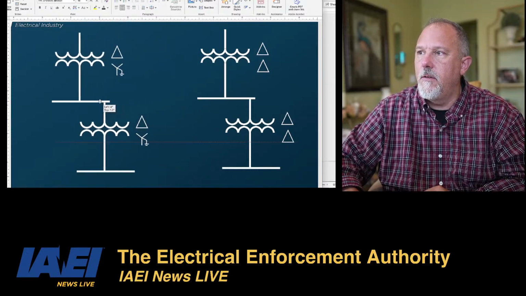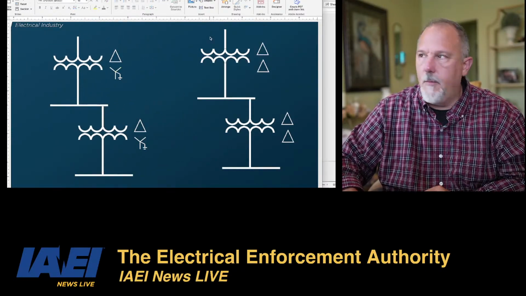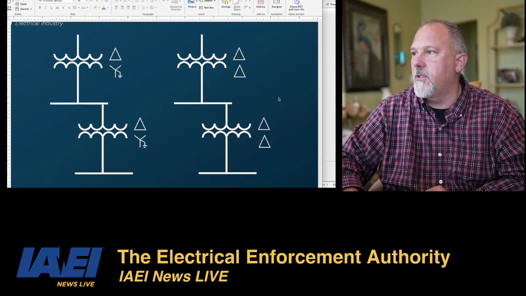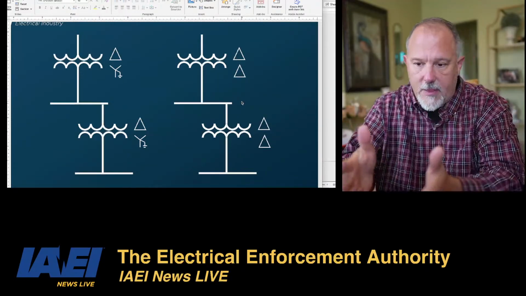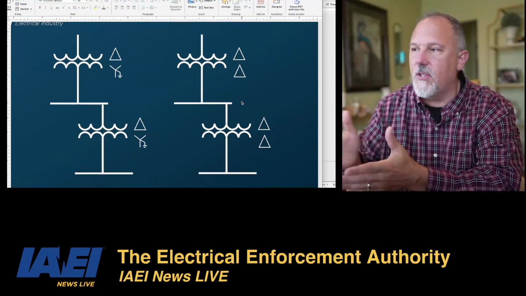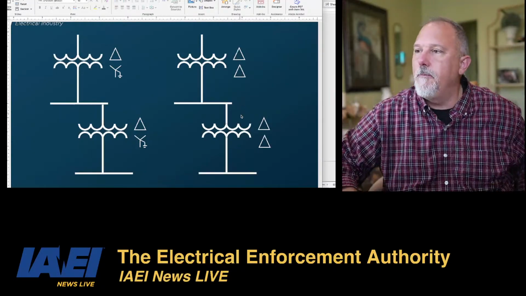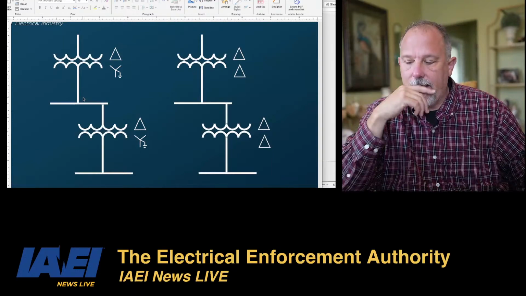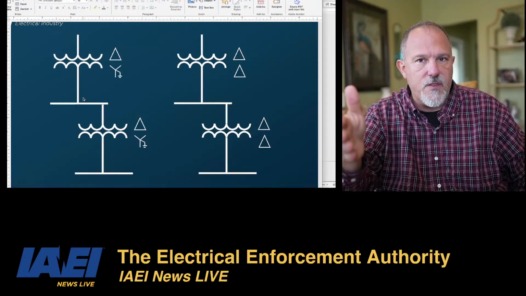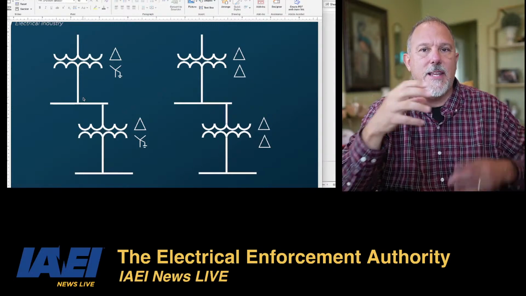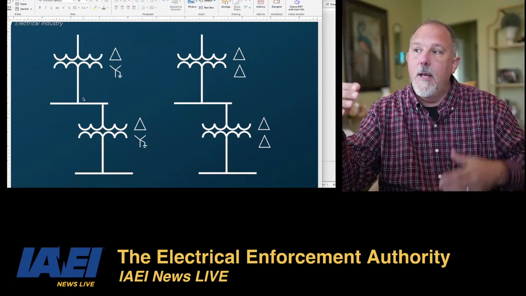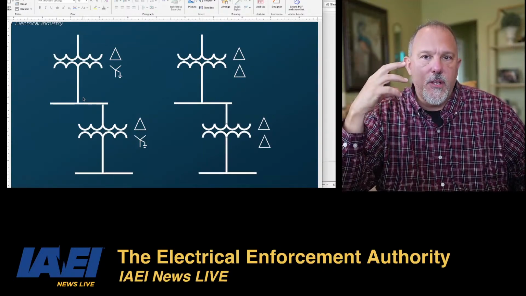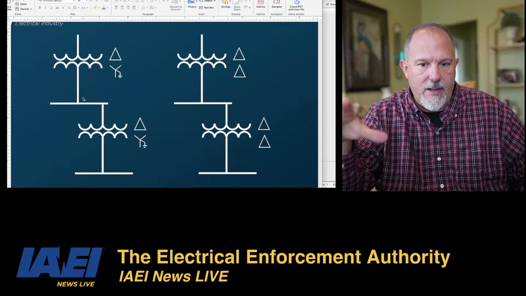So we have, this is our two systems. I'm just going to leave that there so that we understand the difference. You probably already knew this, but others who are watching this may not know it. But these are separately derived systems. Now, if it was an auto transformer, an auto transformer is not a separately derived system because they share the same winding. But if I have a delta-delta, a Y-to-Y, those configurations are all separately derived systems.